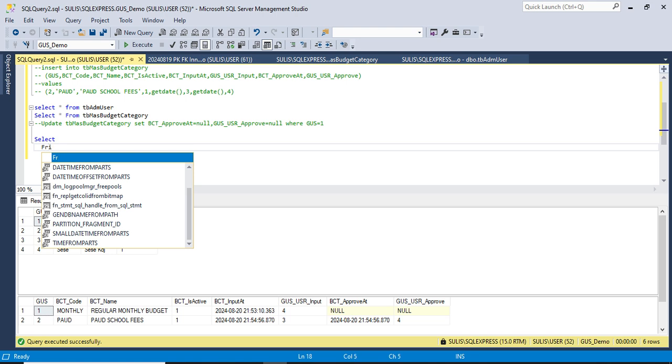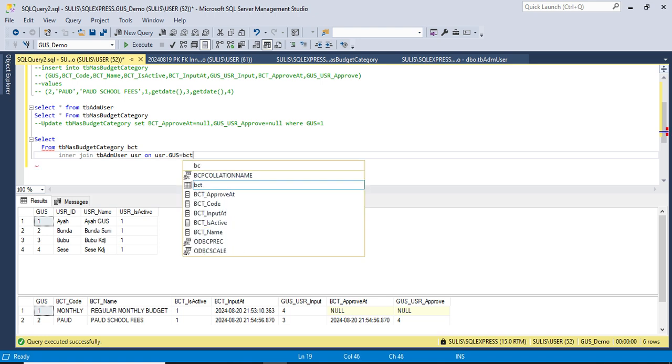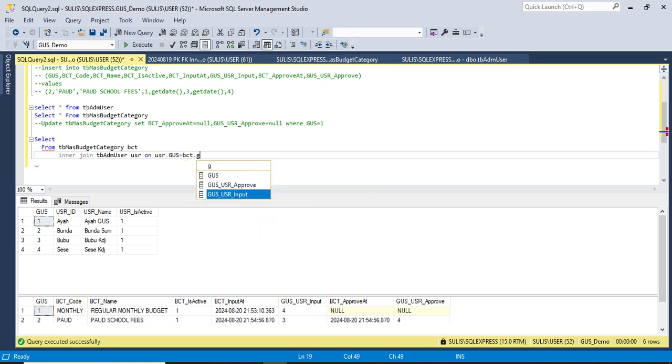Select from table master budget category inner join, okay, on USR the primary key Goose equals BCT Goose user input.